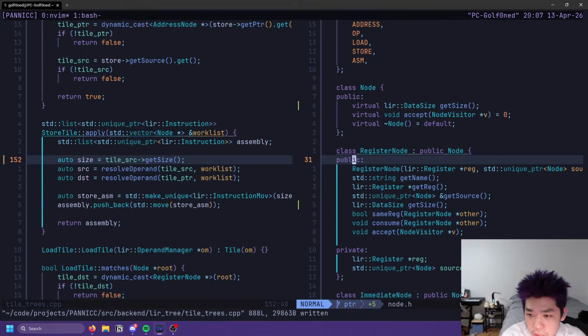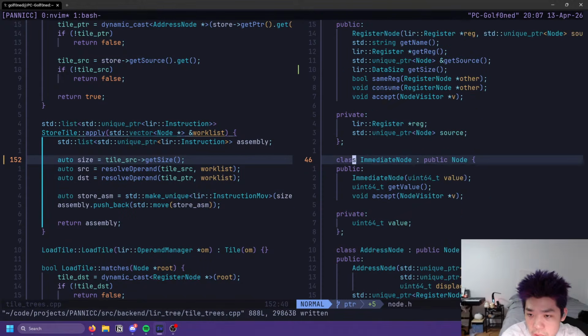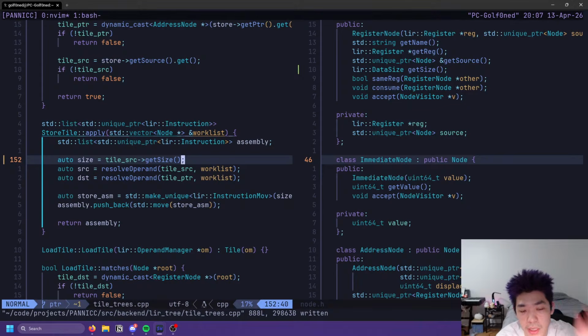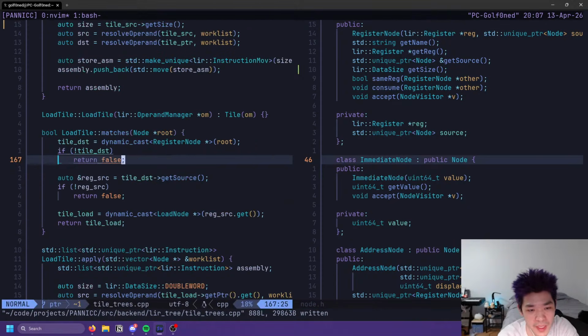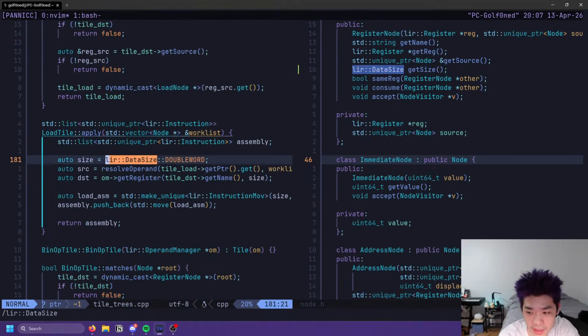Right? I guess immediate we should know the size. Wait. Wait a second. We'll figure that out once it causes a problem, I guess. I think that's the least awful way to do it.